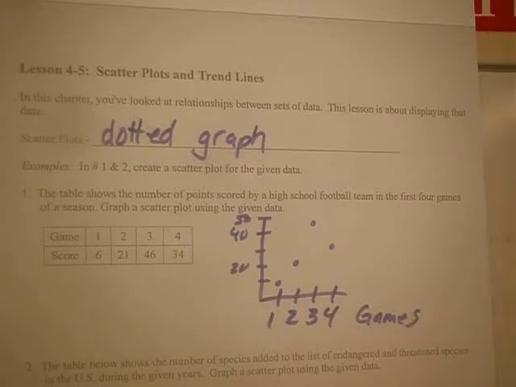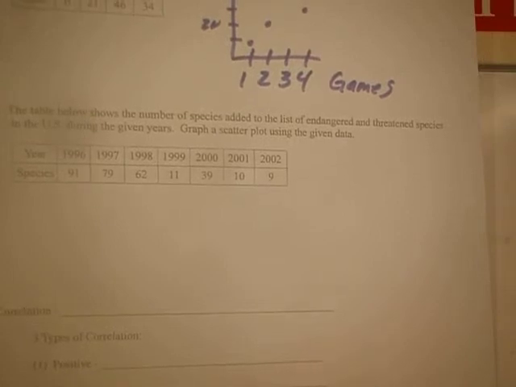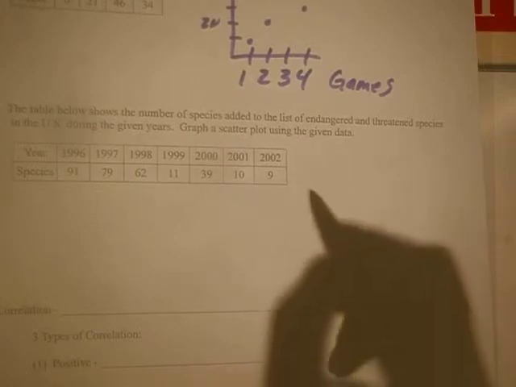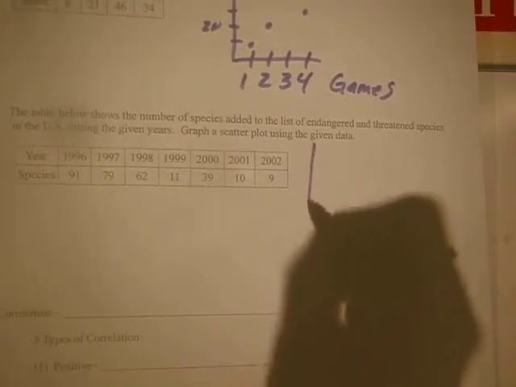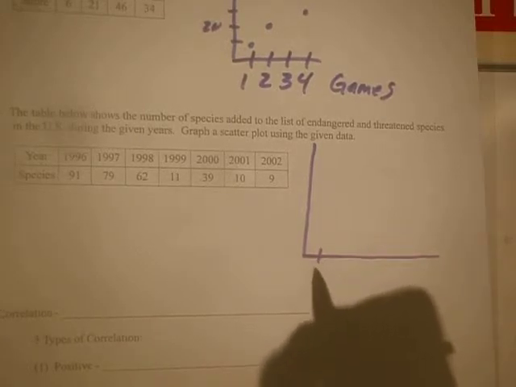Number 2. The table below shows the number of species added to the list of endangered and threatened species in the U.S. during the given years. Graph the scatter plot using the given data. So across the bottom here, we're going to have